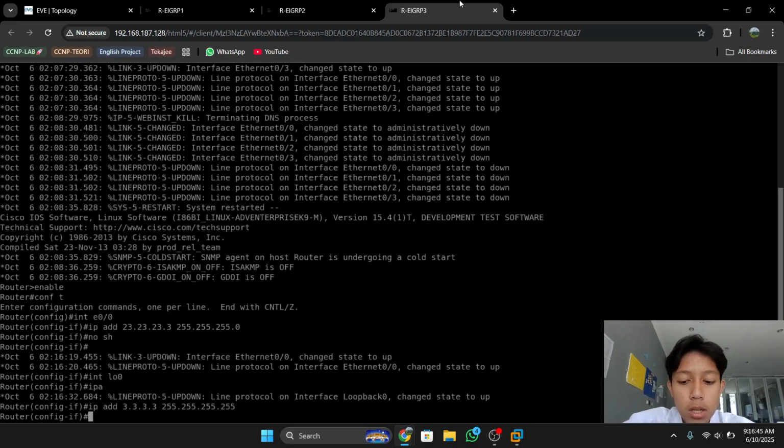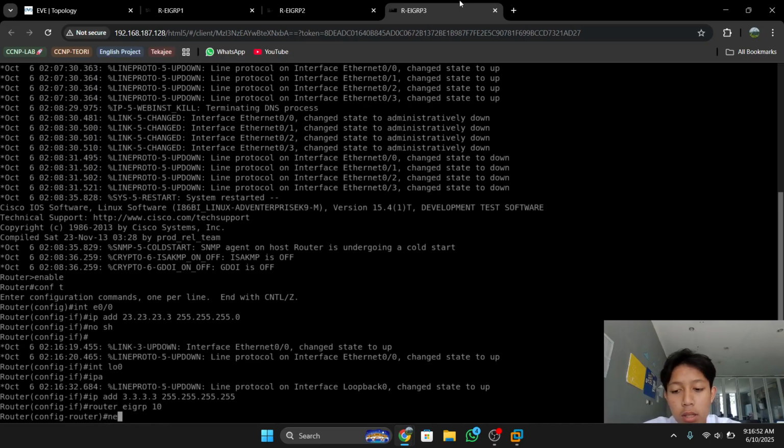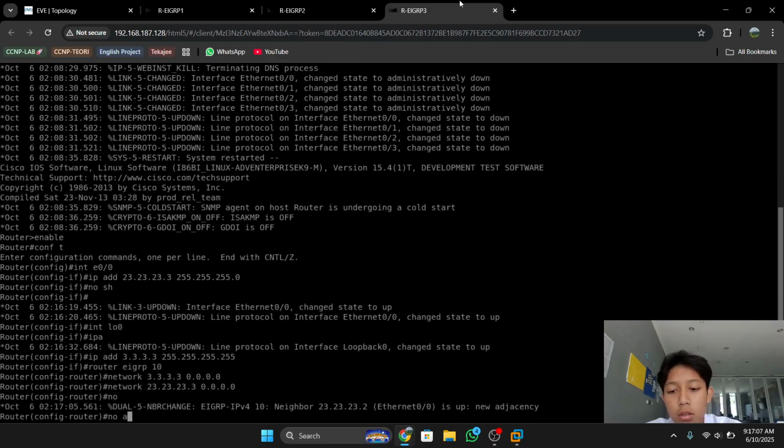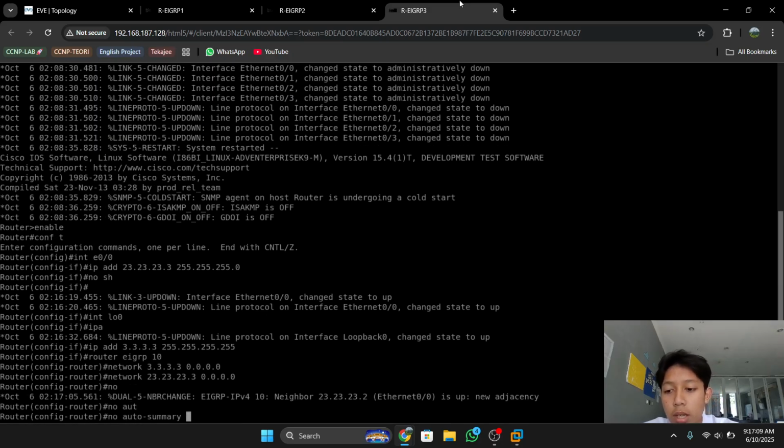Then we add to router EIGRP 10, and type network 3.3.3.3 0.0.0.0, and the same for network 23.23.23.3 and 0.0.0.0. And don't forget no auto-summary.